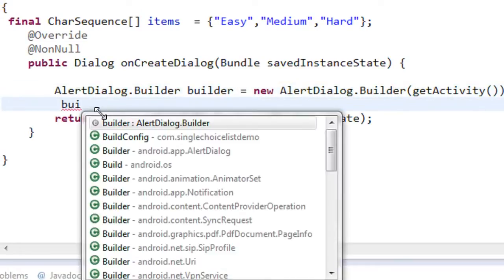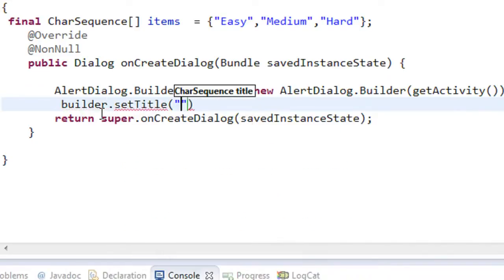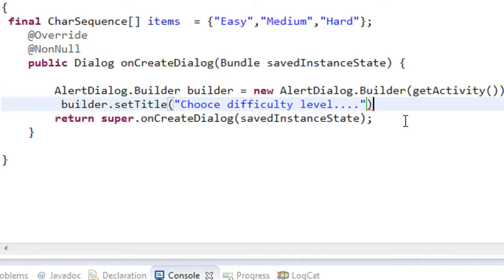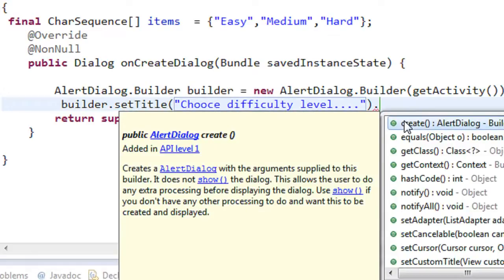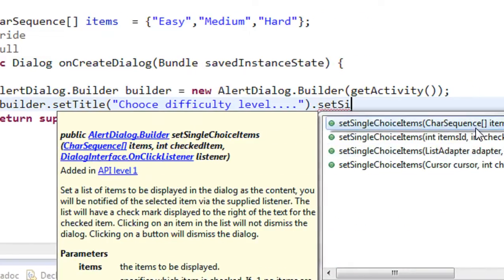So first I have to set a title for the dialog. So builder dot set title, choose difficulty level. Okay, just set a title, and now I'm going to add the list from the char sequence into the dialog using set single choice items,